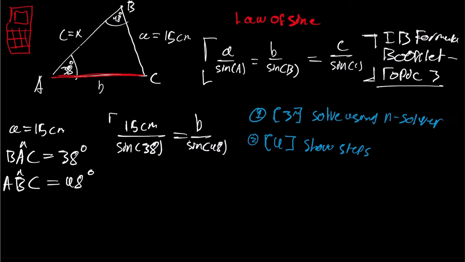But let's focus on this equation right here, and solve for b. So what we're gonna do is I'm gonna take 15 multiplied by sine 48. See what I did? I just moved that up here, over sine 38. Then I'm gonna plug it into my calculator. I'm gonna say 15 multiplied by sine 48 over sine 38. Click enter, and it's gonna give me the value of